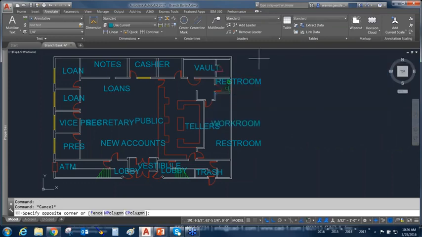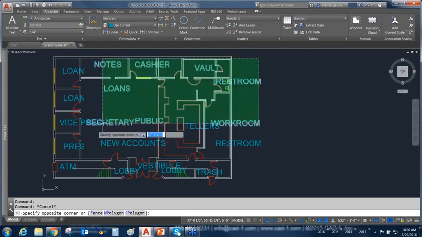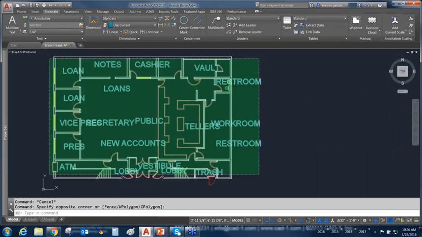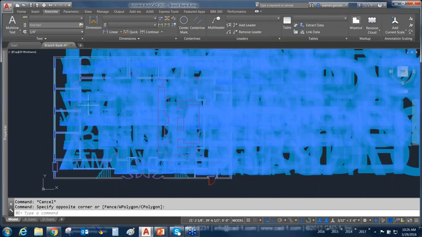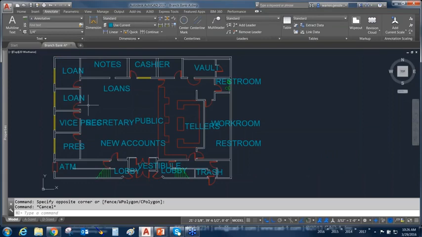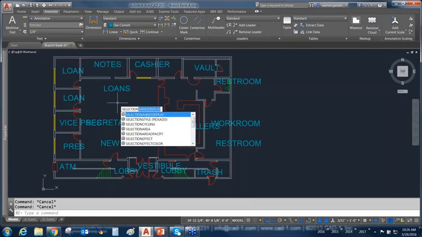As a matter of fact, if I do a crossing window and grab everything in my drawing, realistically, I can't see a thing. So how do we take care of that? Very easy. There's a system variable called selection anno display. Now, for those of you using a later version of the software, and a quick aside right now, you will notice that I'm using